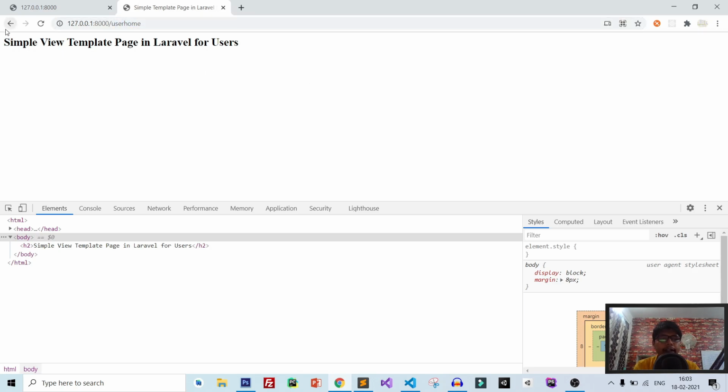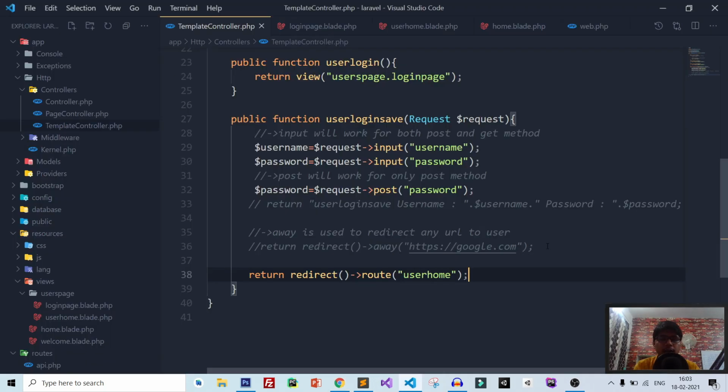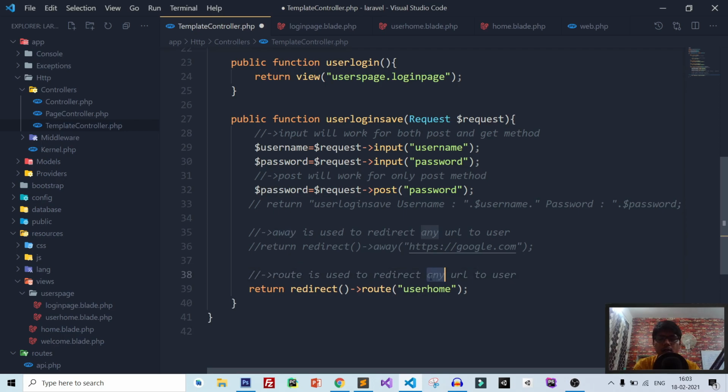So in this way, you can redirect the user to a specific URL or a route page. So also adding comment. Route is used to redirect to any route. So it is working perfect.